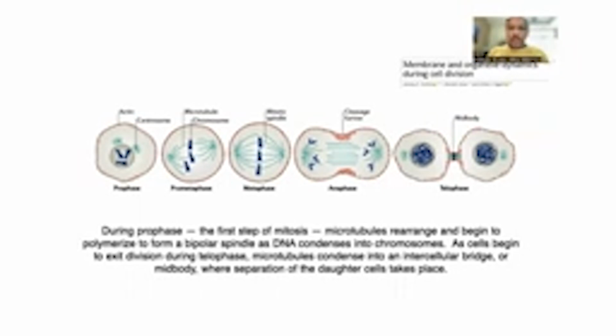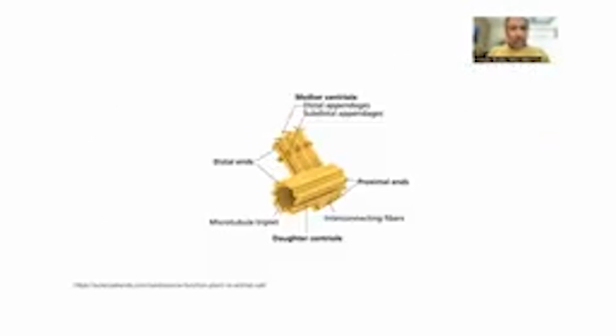As cells begin to exit division during telophase, microtubules also condense into an intercellular bridge or mid-body when separation of the daughter cells takes place. This is one of the major changes that are taking place with microtubules. A lot of this, as I mentioned, is initiated by the division of the centrioles, right? And the daughter centriole actually branches out from the parent centriole, and then makes a daughter centriole, and then the